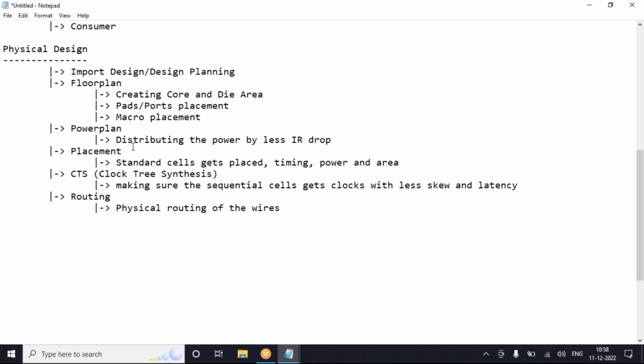In the power plan stage, power related connections are physically routed. In the CTS stage, clock related routing is physically connected. And in the routing stage, the signal connectivity is routed.